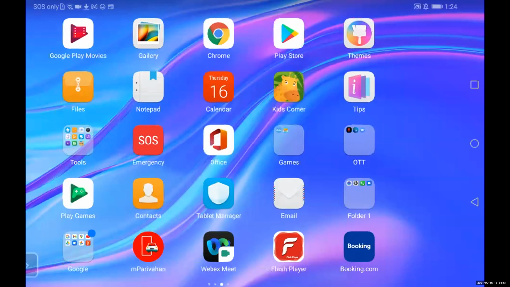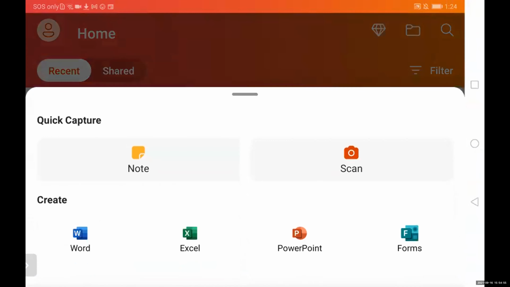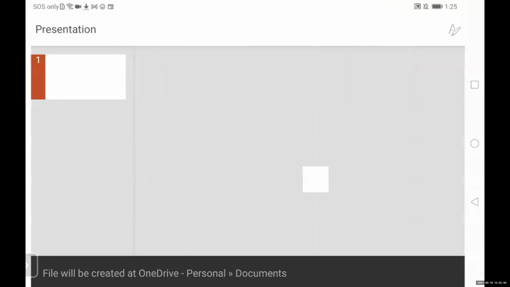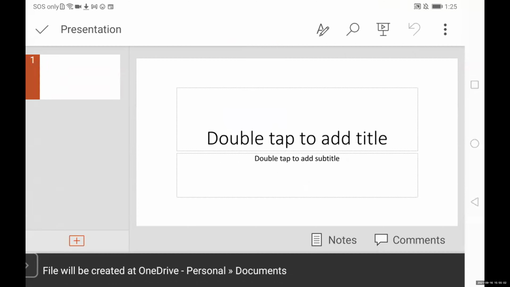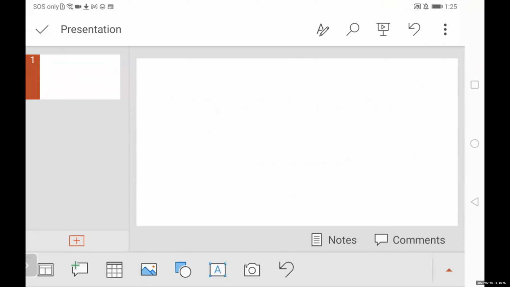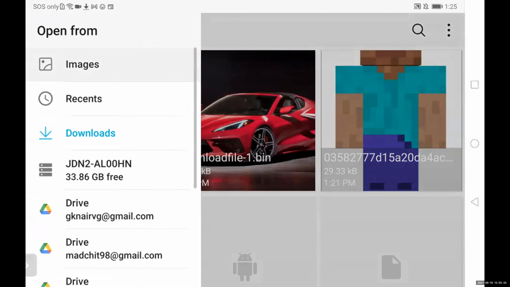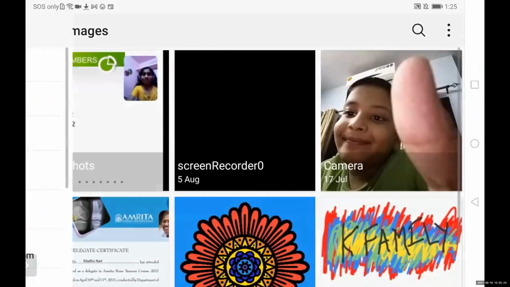Now after I did that, I'll take Microsoft Office and take a blank presentation. I'll click this one time and cut this out. So now it's a blank slide, and then I'll press this icon with the mountains and the sun. When I press that, it will come into files. So you can choose anything you want. You can choose images and a lot of that.